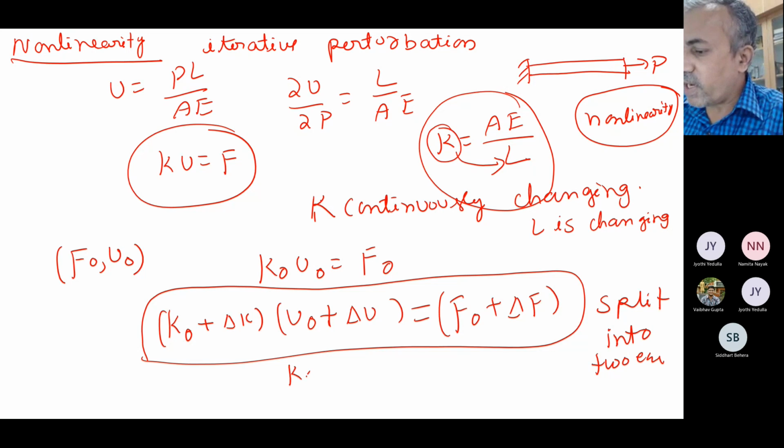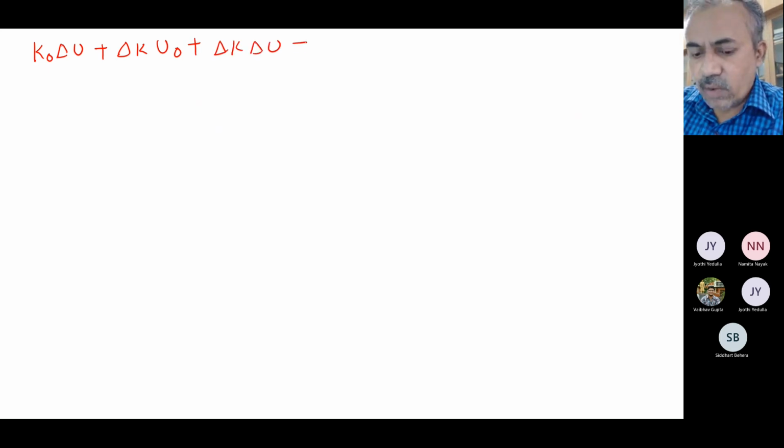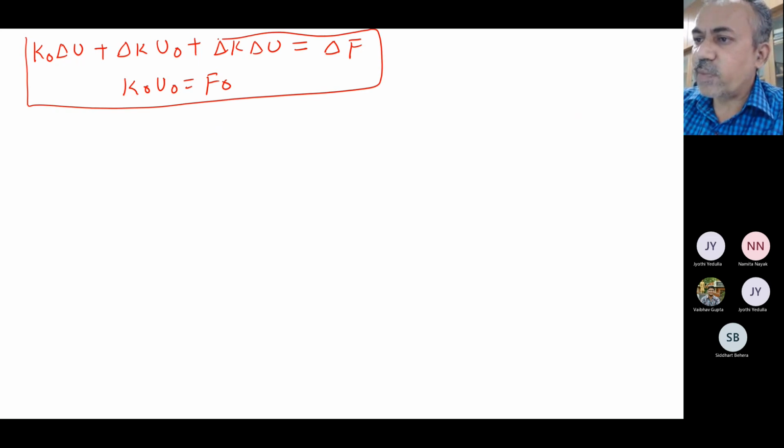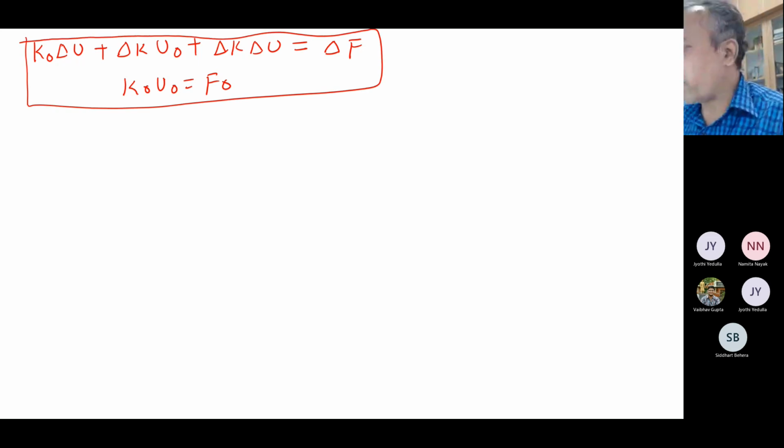One equation is K naught U naught is equal to F naught, and the other equation is K naught into delta U plus delta K into U naught plus delta K into delta U is equal to delta F. So these are the two fundamental equations which you can derive from that original equation, splitting into F naught and delta F. The second equation anyway is straightforward. Now if you see the first equation,